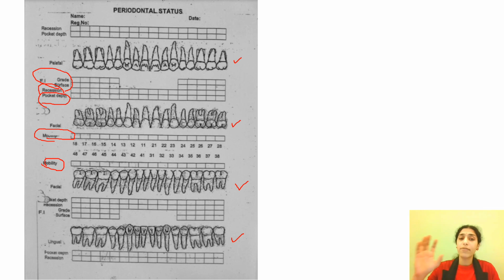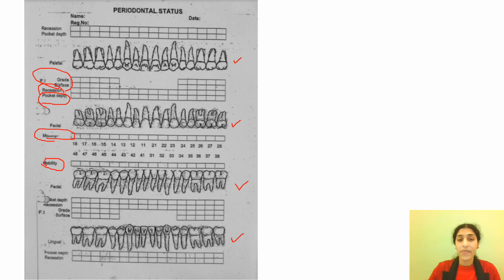Once you complete the full mouth periodontal charting, measuring with the walking technique of the probe, measuring the gingival recession, and noting where there is furcation and which teeth are mobile, you will have a complete, clear blueprint of the patient's status, right? Then you will identify which teeth have pocket depths of 4 to 5 mm, shallow pockets, or greater than 6 mm. You can highlight the pockets that are more than 6 mm, and accordingly you will make your treatment plan, whether they require root debridement or surgical periodontal treatment, etc.